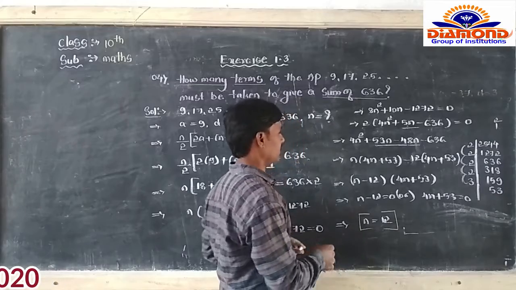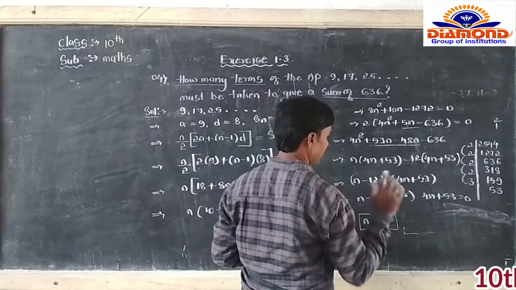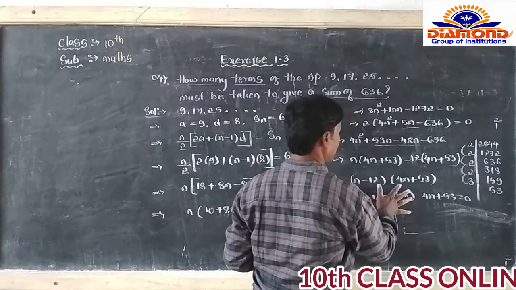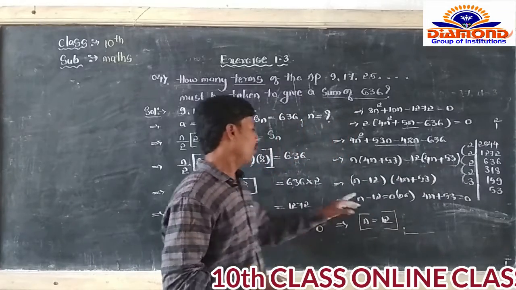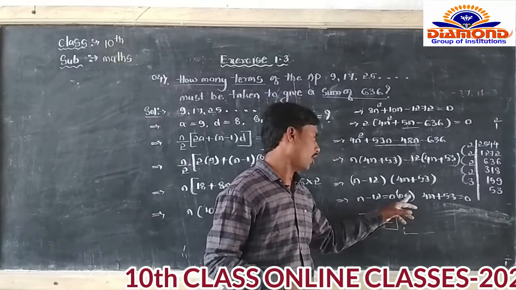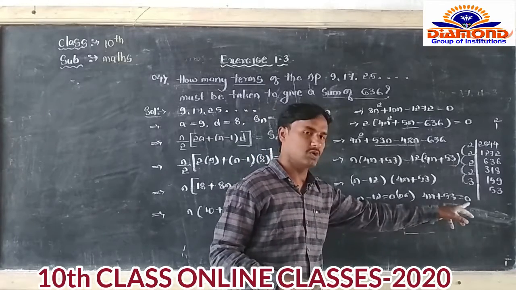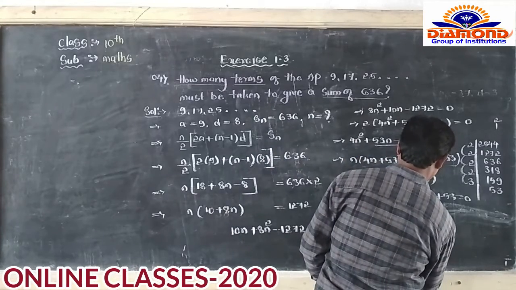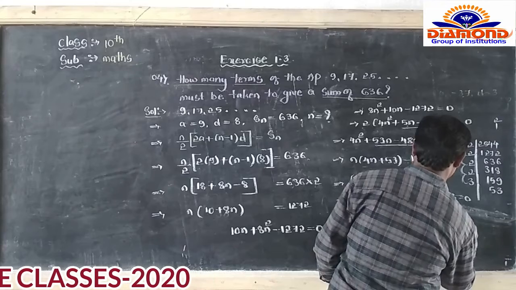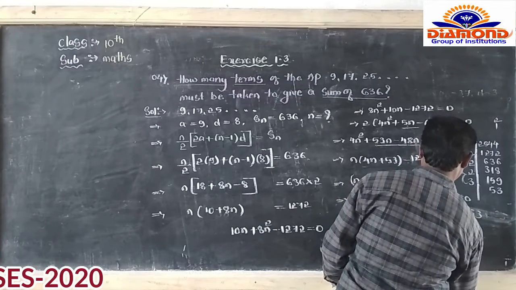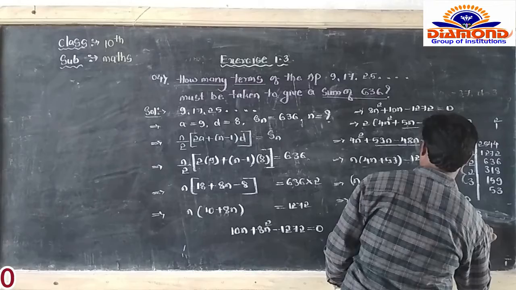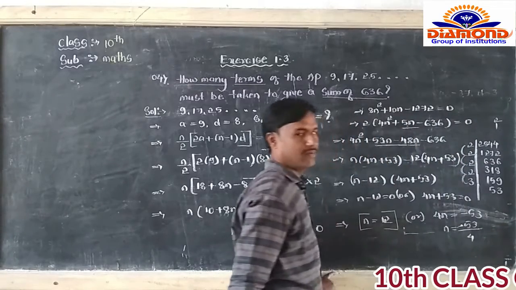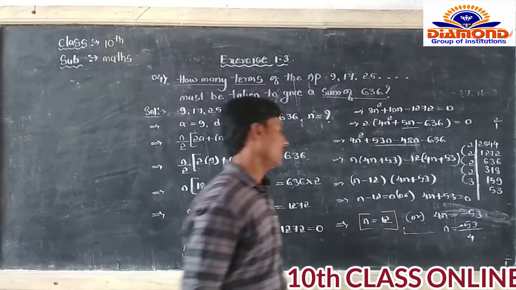So the remaining two factors are: n minus 12 is one factor outside, inside we should be taking the common 4n plus 53, then 4n minus 12 is equal to 0 or 4n plus 53 is equal to 0, then n is equal to 12, but we are not taking this one, because 4n plus 53 is equal to 0 becomes minus 53 upon 4, n is equal to 53 upon 4. कभी भी n कभी भी फ्रैक्शन में डेसिमल में नहीं रहेगा और नेगेटिव में भी